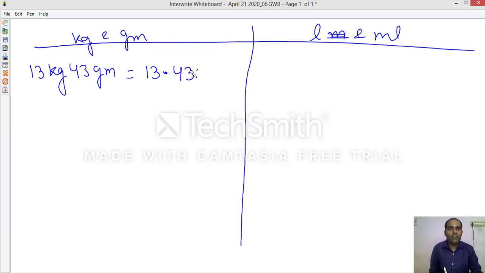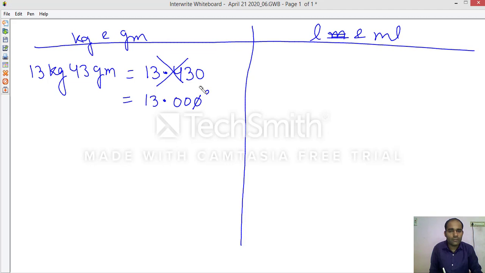And you will write 0. This is wrong. Why? Because if you change it, it will be 13 kilogram 430 grams, but we have 43 grams. So what will you do? 13 point. First of all, you need to write zeros 1 2 3, and from the right hand side you should start replacing the digits.